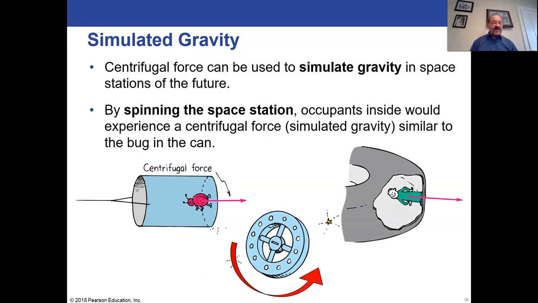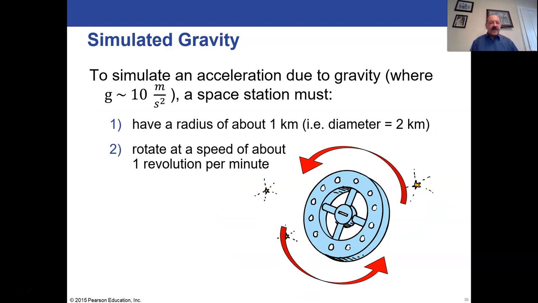By having a spinning space station, you can simulate gravity for the occupants on the inside of the outer wall of the circular space station. It's really the apparent centrifugal force that they think they're feeling that will create a gravity-like force so that they're always on the wall of this curved structure. If you do the math on this, it doesn't take a really fast spinning space station to make this work. If you make the space station big enough, in other words, your R is big enough,